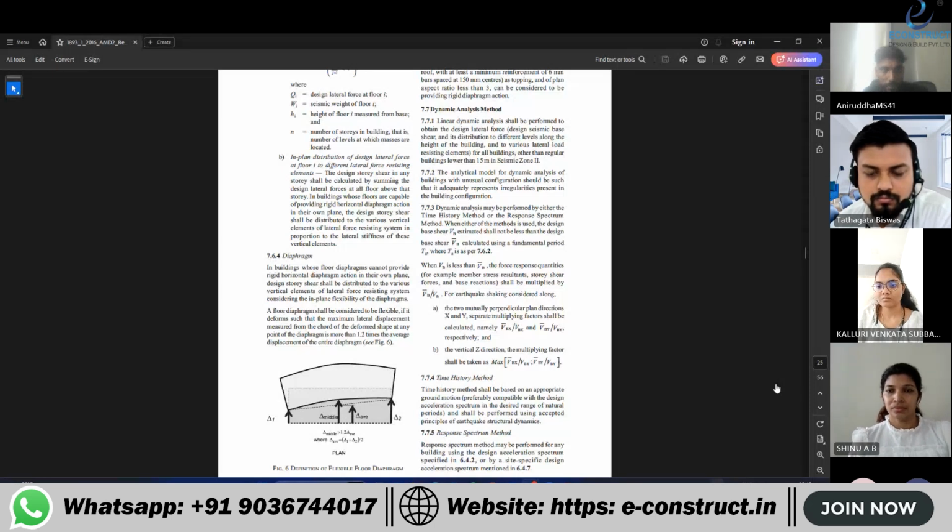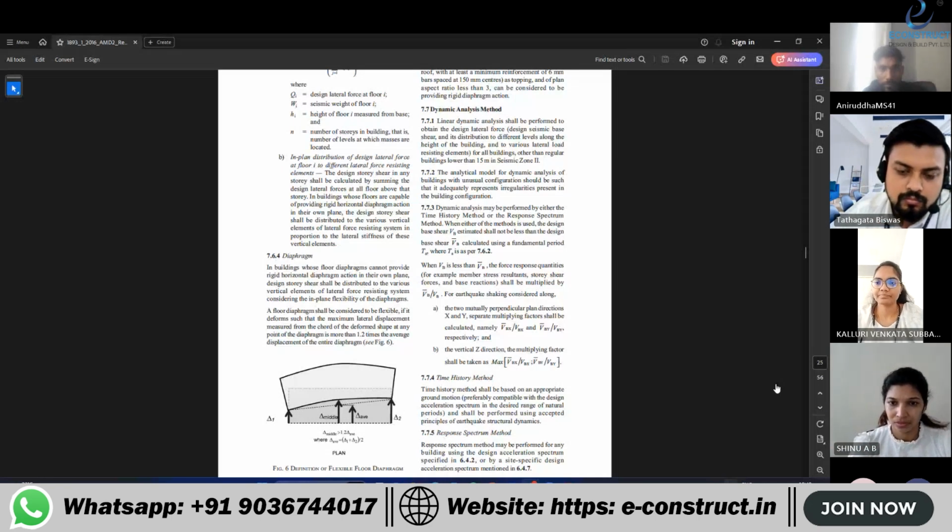When either of the methods is used, the design base shear VB estimated shall not be less than the design base shear VB bar calculated using the fundamental time period Ta. When VB is less than VB bar, the response quantities, for example the member stress resultants, story shear forces, and base reactions, shall be multiplied by VB bar by VB for earthquake shaking considered along